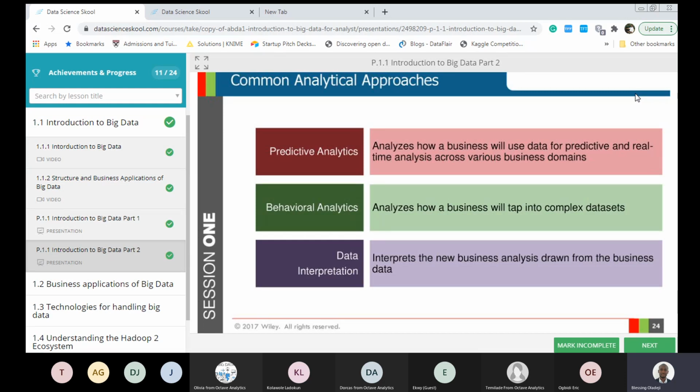And for the medical doctors connected to this class, when you are working with medical data sets, you are trying to look out for patterns. From this particular image, can I find a pattern that gives me a clue whether a patient is going to behave in a particular way or the other? Those are data interpretation,